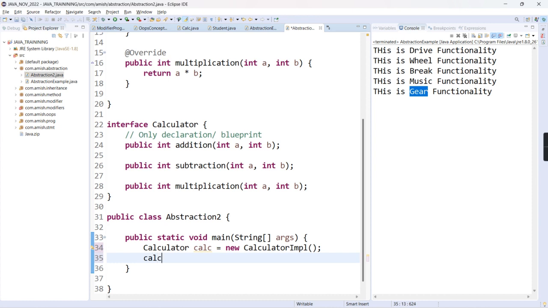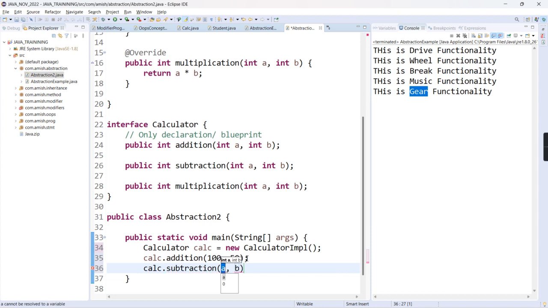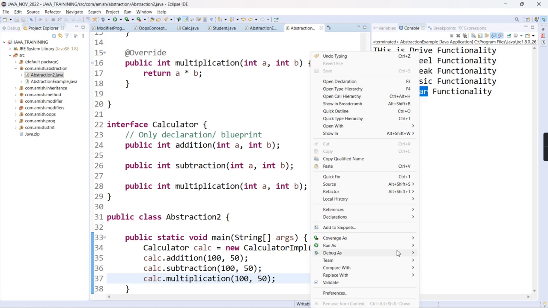Now calc.add. If we pass 100 and we pass 50, it will add these two numbers. Okay, if we call calc.subtract with 150, and if we call calc.multiply with 150, right? Now if we run this program,